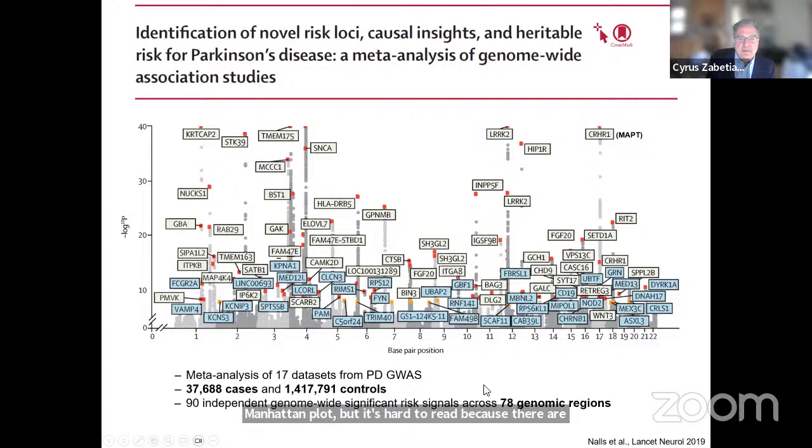So basically, they confirmed the genes that you see in the gray boxes were genes we already knew about. And these blue boxes were genes that they only saw as significant when they did this large meta-analysis. And that's simply because of power. A lot of these variants down here have very low odds ratios and very small risks. And if they have very small risks, you're only going to see them if you have really large samples.